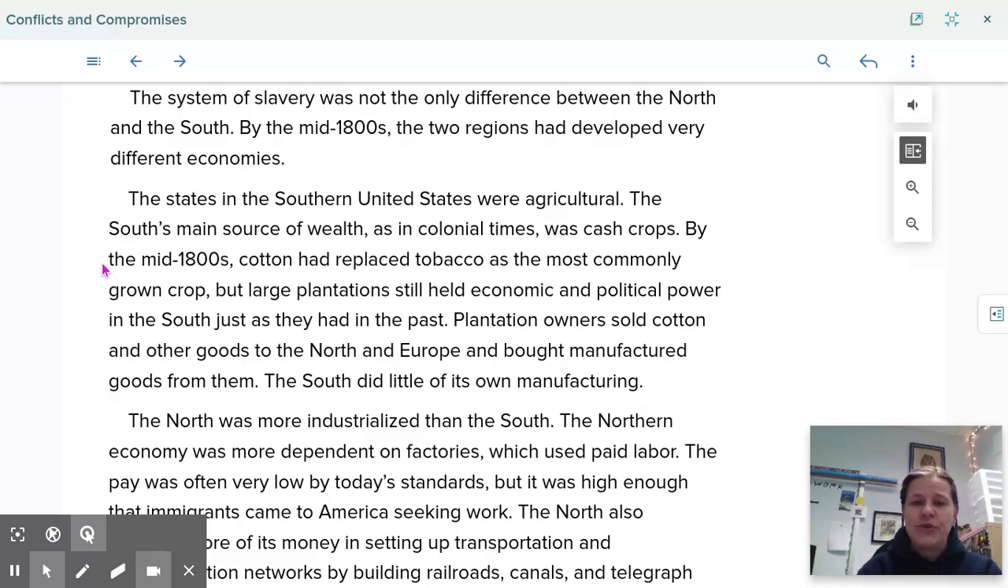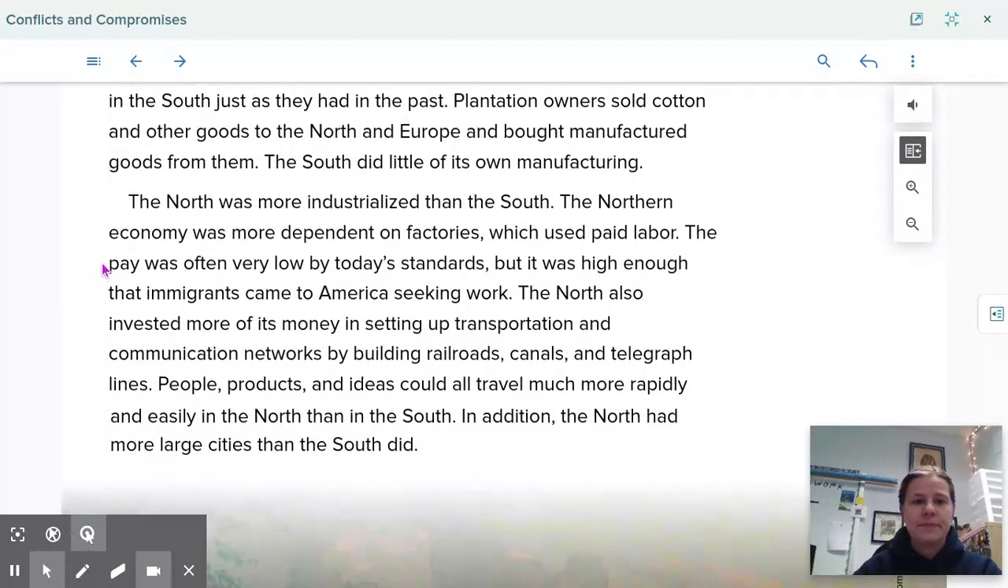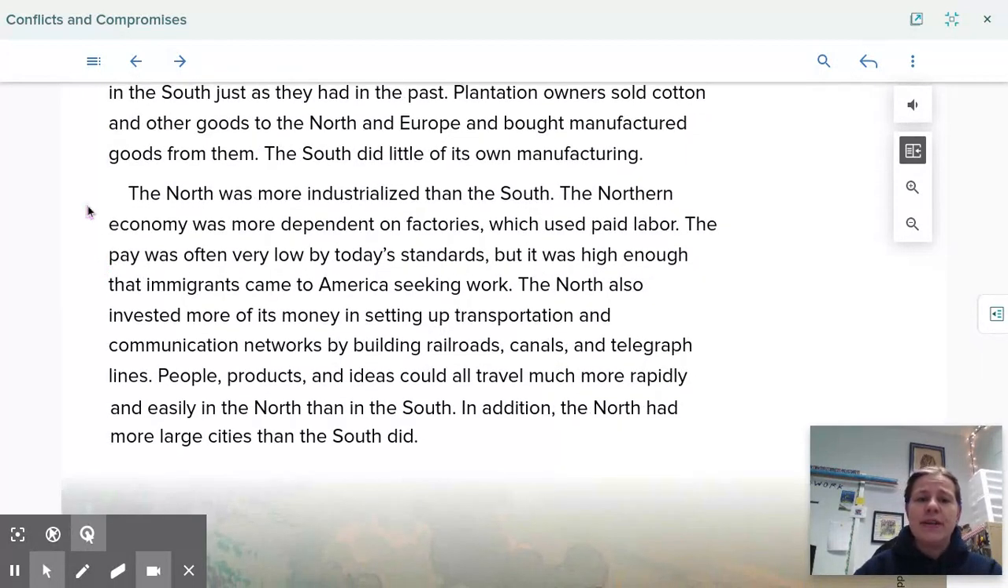Plantation owners sold cotton and other goods to the North and Europe and bought manufactured goods from them. The South did little of its own manufacturing. The North was more industrialized than the South. The Northern economy was more dependent on factories which used paid labor. The pay was often very low by today's standards, but it was high enough that immigrants came to America seeking